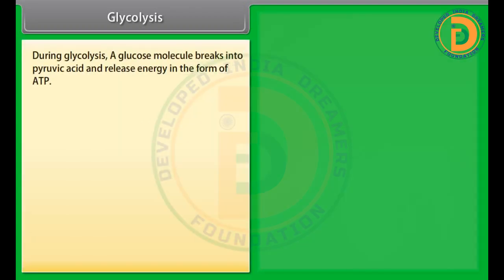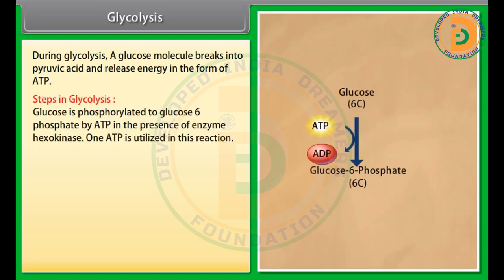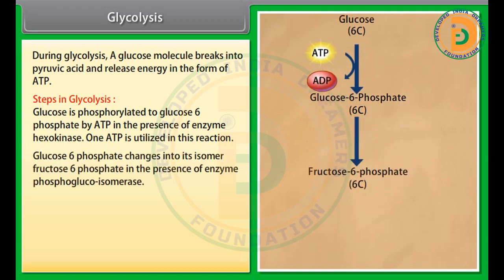Glycolysis. During glycolysis, a glucose molecule breaks into pyruvic acid and releases energy in the form of ATP. Steps in glycolysis. Glucose is phosphorylated to glucose 6-phosphate by ATP in the presence of enzyme hexokinase. 1 ATP is utilized in this reaction. Glucose 6-phosphate changes into its isomer fructose 6-phosphate in the presence of enzyme